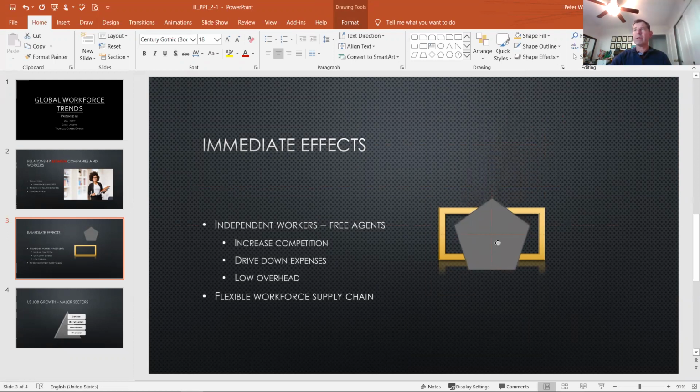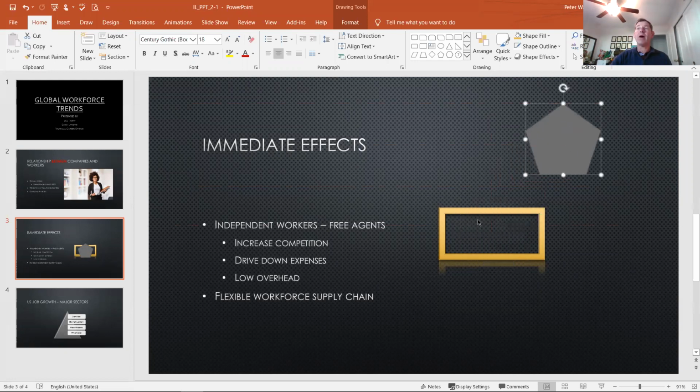So now I'm going to drag this on top of my other shape. Now I want to center this shape. I want to center the pentagon on this frame. And here it's a little bit difficult to see because of the background color. But as I drag this across or around on my slide even,